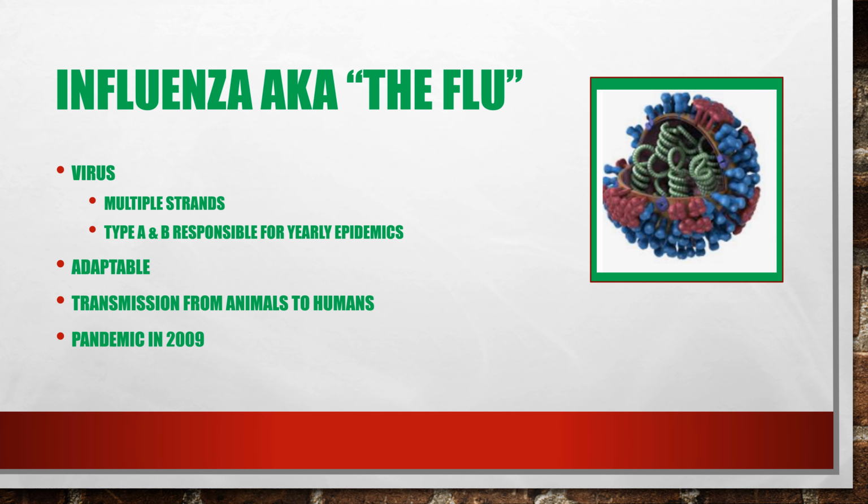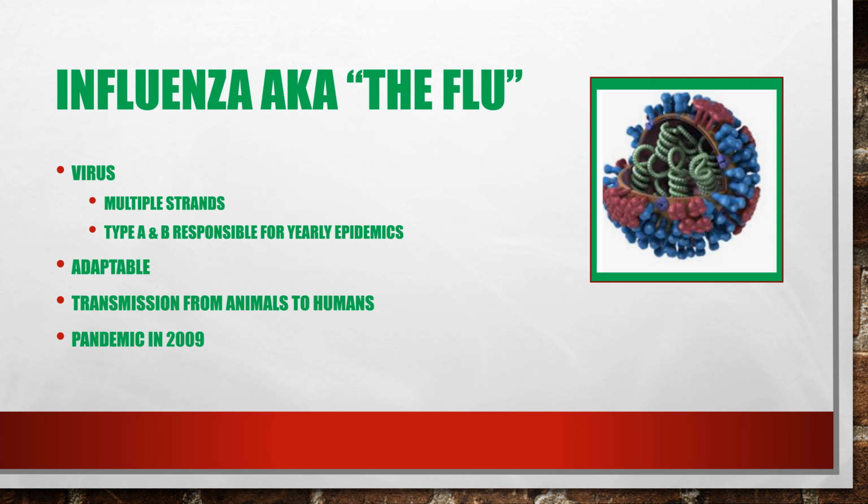For the flu, there are multiple strains, and the most common ones we see yearly are type A and type B, and they're responsible for most of the flu epidemics that we have currently. The flu is a very adaptable virus, which is why